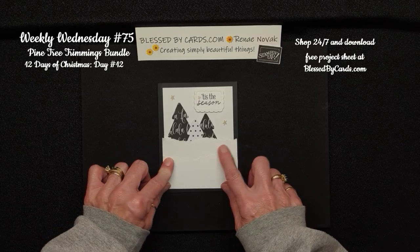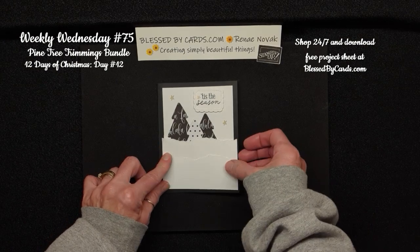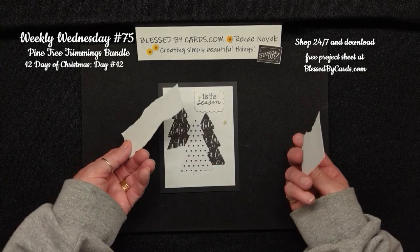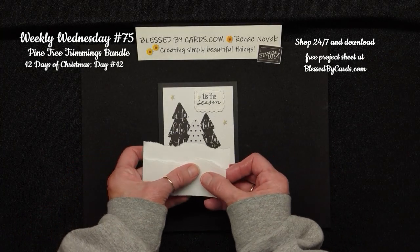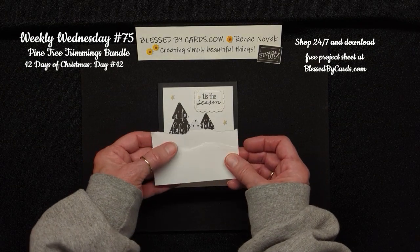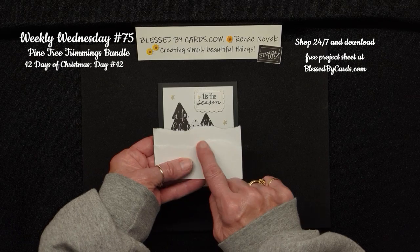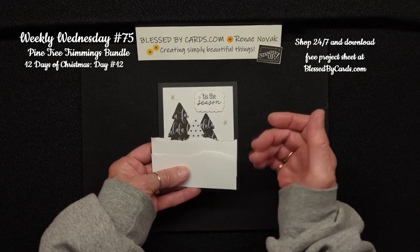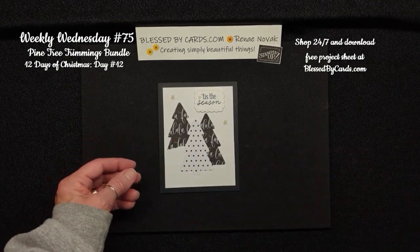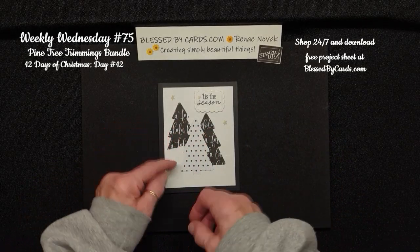And so I glued that down on my white panel, and then I trimmed off the excess. It just made it easier so that I could position my snowdrift. So a piece of scrap paper, or you could use a piece that measures 3 by 4 and just kind of tear it, and that creates your little snowdrift. If you want them to show a little bit more, you could use some blending brush and some Smoky Slate right along those edges, and that will give it some depth, and it will actually show up better on your card. And so I did tuck my Fa La La tree in the background in between those layers,